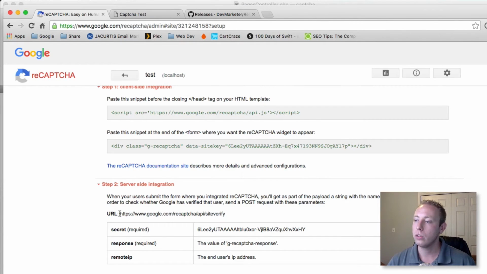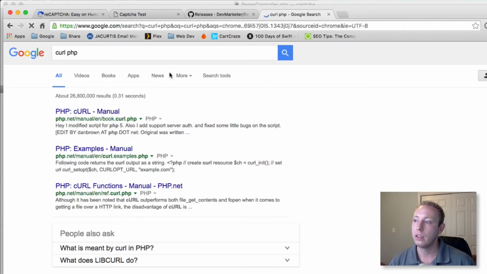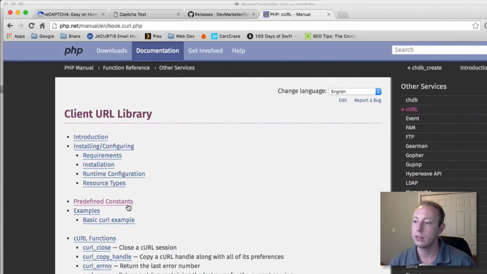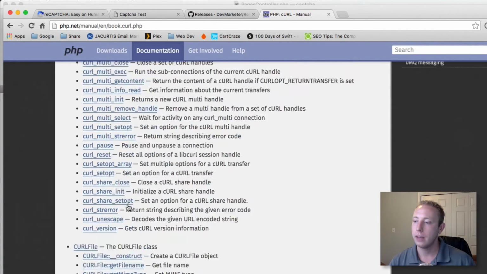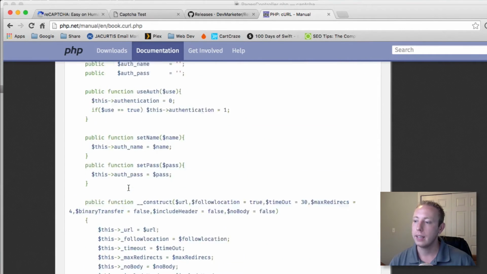Now, in order to send a request to Google, we need to be able to send an HTTP request. There's one way that's built into PHP to do that, and it's called curl. And curl requests get tricky, just to be completely honest. So we're going to actually be using an easier method than curl, because you can see here, this is curl. I don't know if any of you guys have ever tried to use curl. This is what it tends to look like. It tends to get